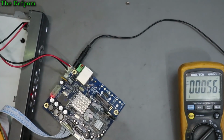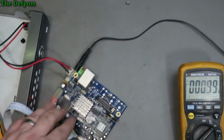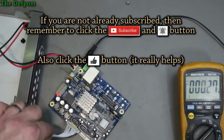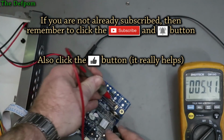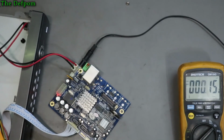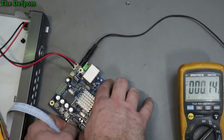Why is it reliant on that cable there? That's interesting. I wonder if there's a 5 volt supply failure somewhere on this board. It certainly is possible. Got this battery here, I suppose I can check that too, can I? 2.8, a little bit low, but not dead. I don't know, I'm not quite sure where to proceed with this actually, because